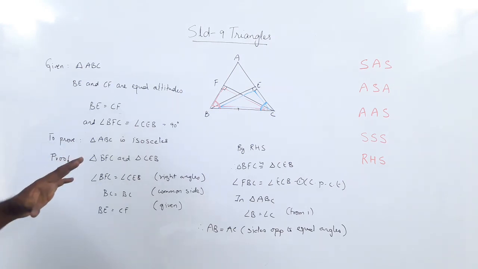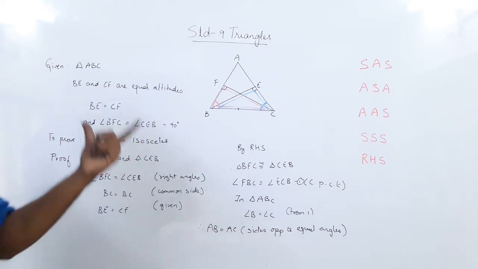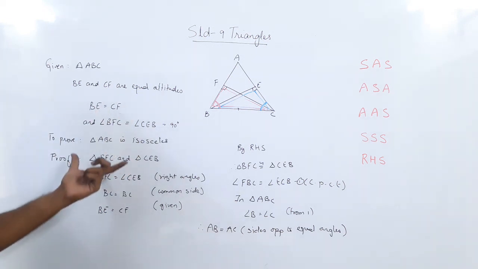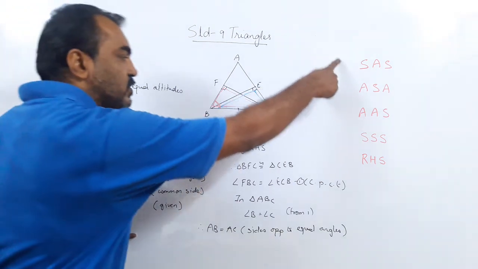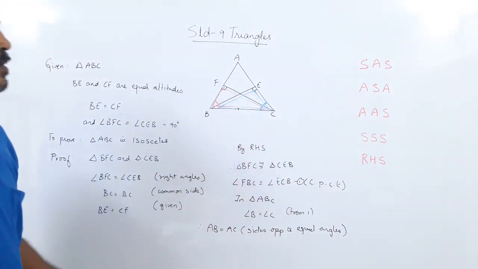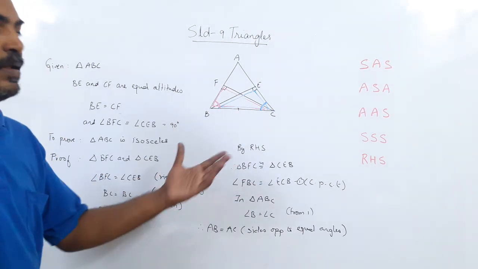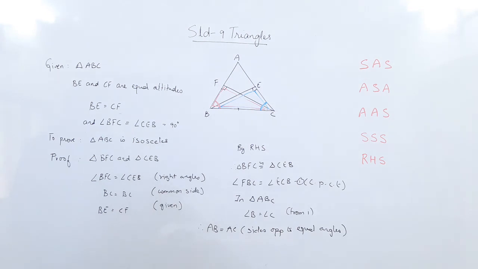So these are the basic steps. To prove anything by congruency, first step, select the proper triangles, then go in the order, any one of this order, and by that you show the triangles are congruent. Once you show the triangles are congruent, then the corresponding parts are congruent and hence you will be easily able to do the sum. Now all you have to do is practice. Practice as much as you can. This is the basic part of congruency.